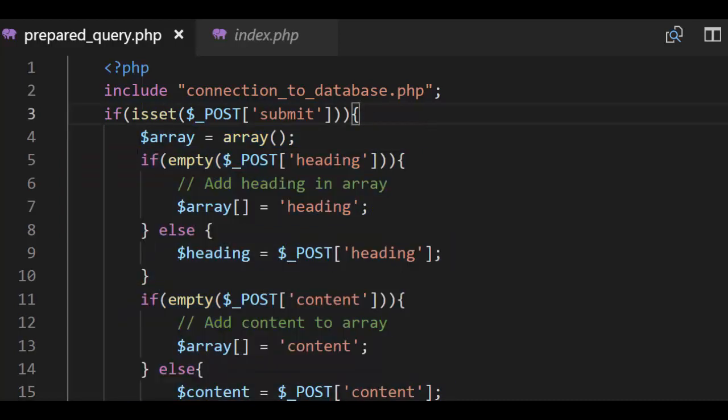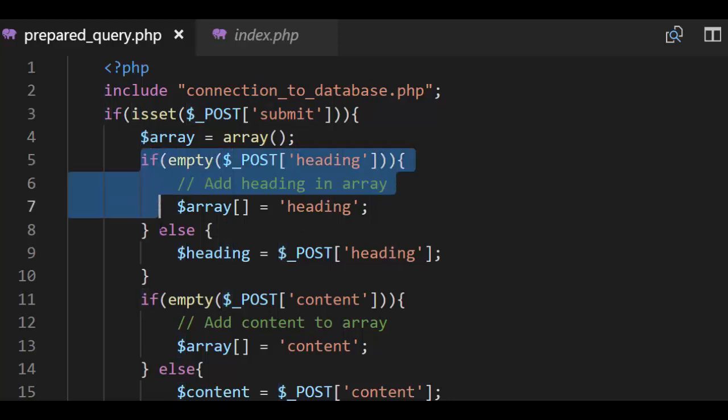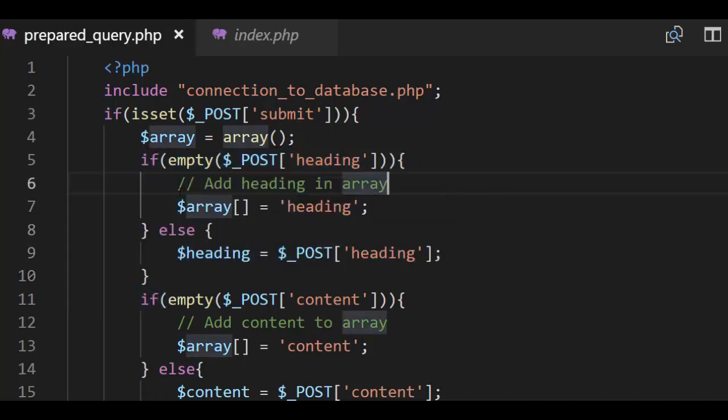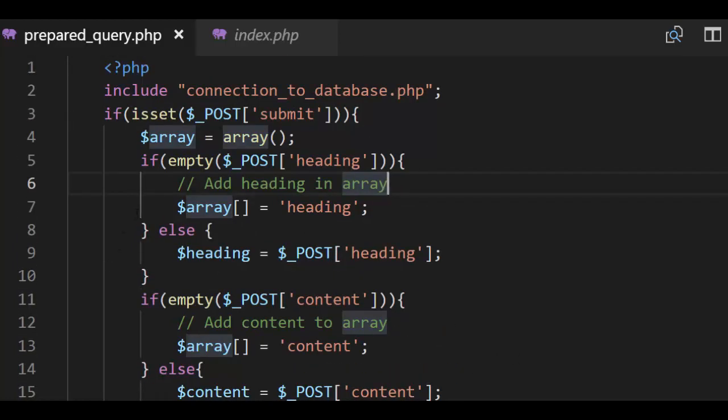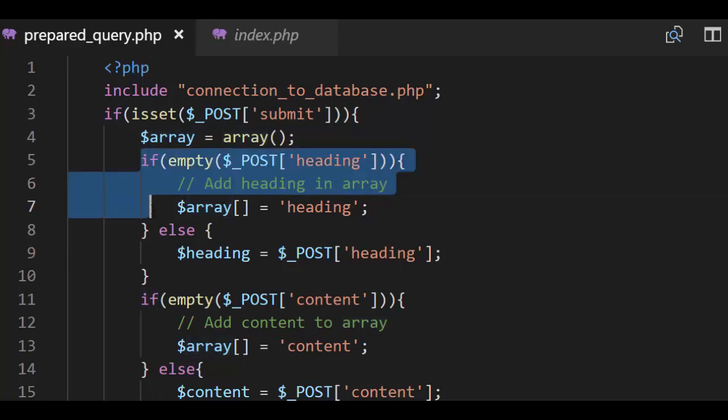What is here? We create $array equal array round parentheses. We prepare an array for variables: heading, content, published, and pick. How? We declare every